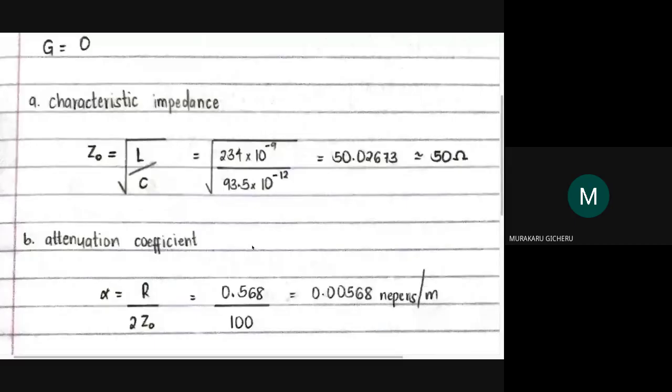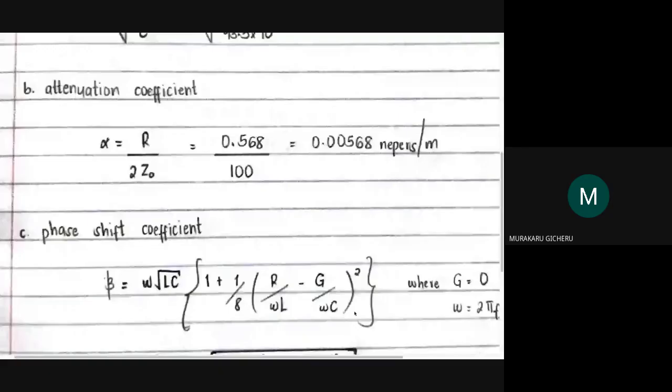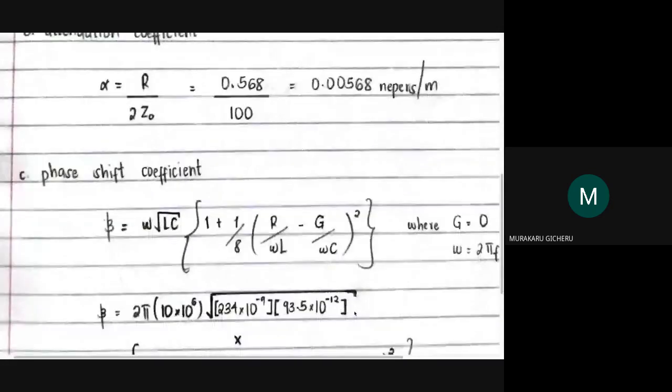Yeah, I'll continue from there. Will be equal to R over twice Z, which is R over 50 times 2, which you'll get. And then again for the phase shift coefficient, okay, this formula